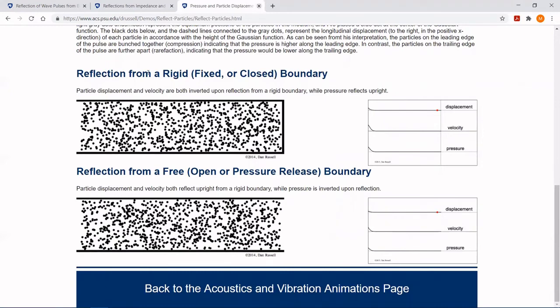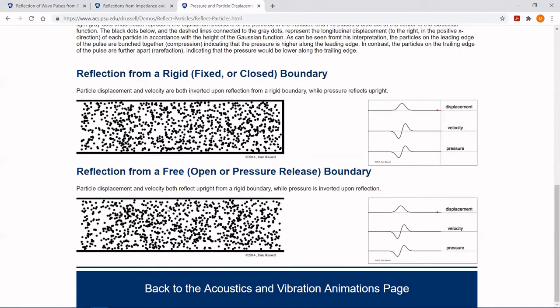So this is a single pulse, it looks like. But as this pulse travels down and reaches the closed end of the tube, there will be a reflection. And you may notice that I think the pressure pulse was not inverted. Let's see that again. So for a closed end, the leading edge here is on top, and after it reflects, the leading edge is still on top. So no inversion, or you could say no phase shift of pi radians when you're talking about the pressure pulse